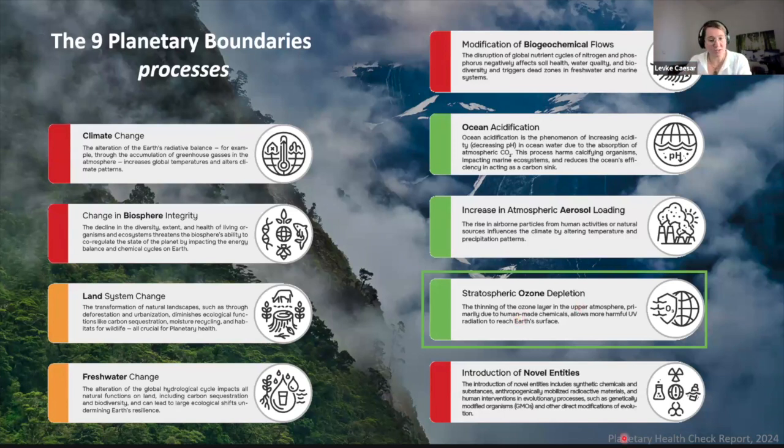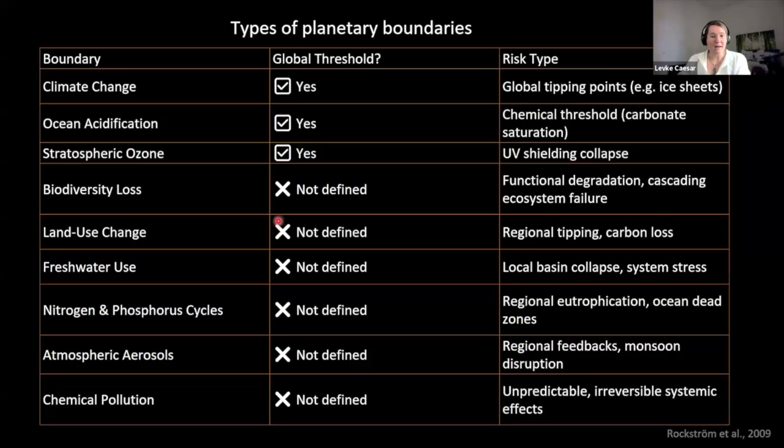And the last one, and I know this title is a little bit strange, it's what we call the overloading with novel entities. So what we mean is the introduction and accumulation of human-made substances, such as plastic, chemicals, and so on, into the environment, which can disrupt the other 8 planetary boundaries and also accumulate in the biosphere, which can increase the risk of permanent damage to life. Now, I know, long list. These colors already indicate the status of the different boundary processes, but I'm going to talk about that more later.